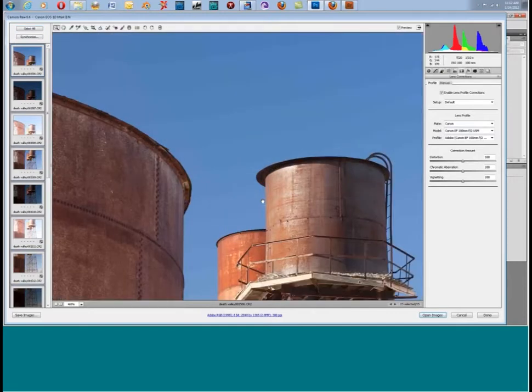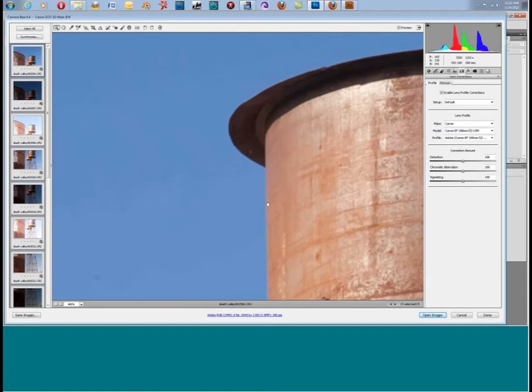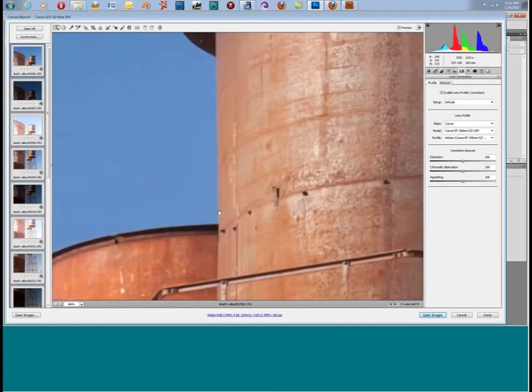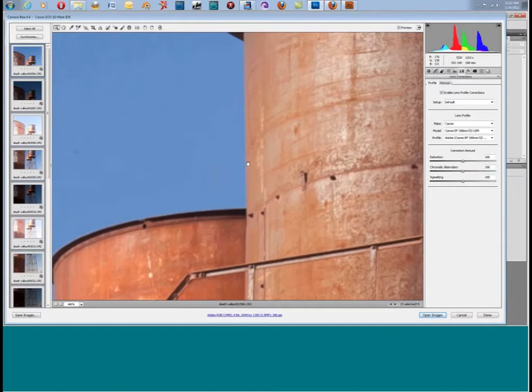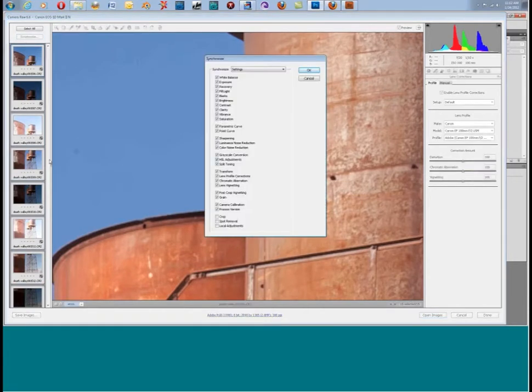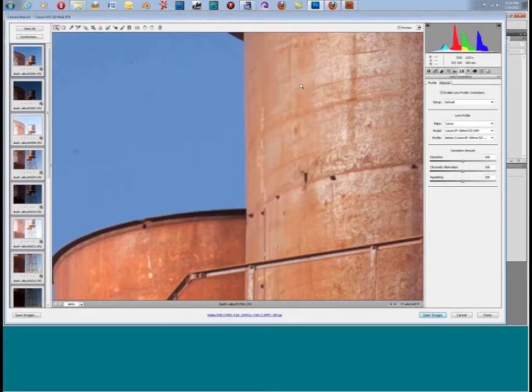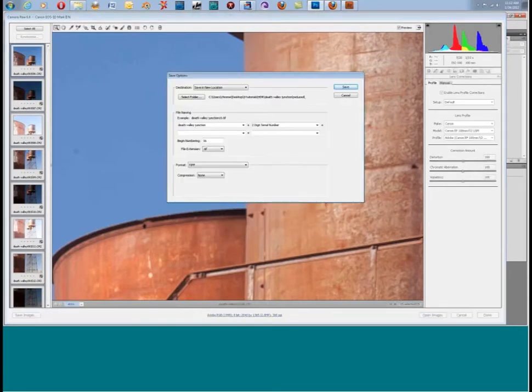Okay? So if I start to move a little closer here, so we look at the edges. You don't see chromatic aberration, with the red or green or the yellow and blue being offset here. So once that's done, I'm going to synchronize all of these settings to make sure they all have the exact same settings. Click OK, and what I did was I saved them out into a folder and called it Depth